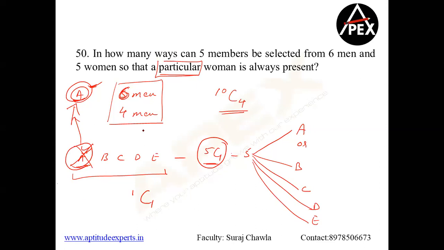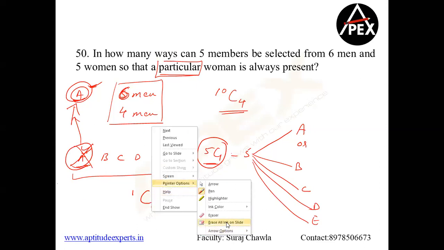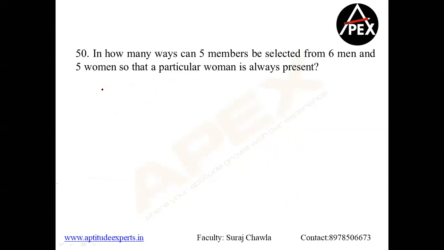Let me give you one more example, guys. Suppose your teacher says the same thing: you are a group of 6 boys and 5 girls, and the CR is also included. Let's say the CR is a boy. The teacher says form a committee of 5 such that the CR is definitely present. What will you do? I repeat, there are 6 boys, one of them is the CR, and there are 5 girls. The teacher wants a committee of 5, and the CR should definitely be there. Now will you choose the CR anymore? The answer is quite simple, no?